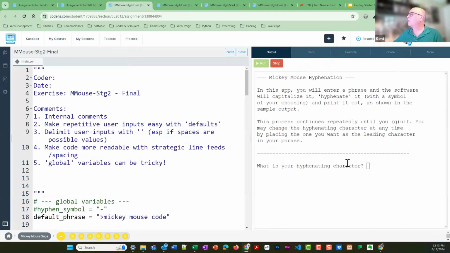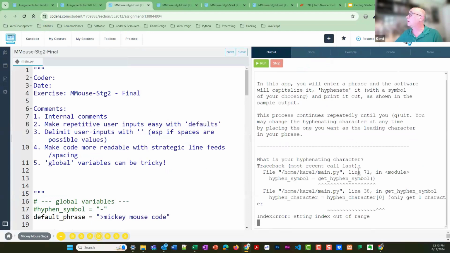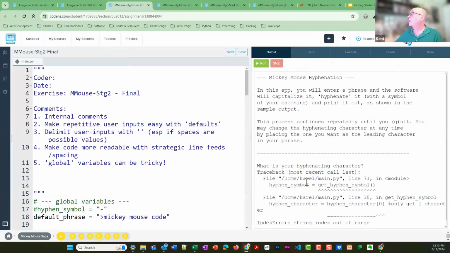Usually there's a couple of things that I've done. Now I'm going to enter without doing any. Oh, look. Here I hit enter and it crashed. Sometimes I'll do that without meaning to. Sometimes I'll do it deliberately, because I want them to see how to process what's happened. It didn't know what to do because, notice.